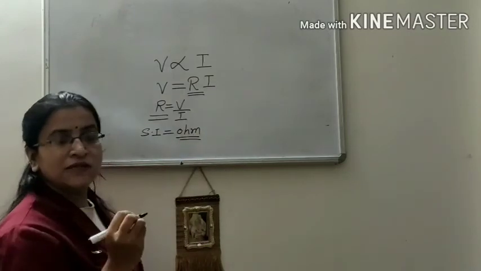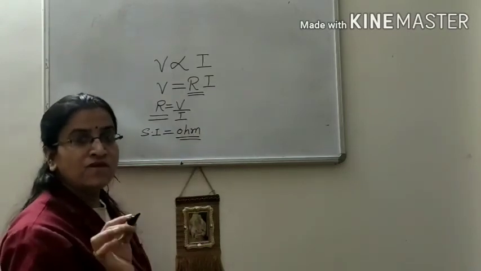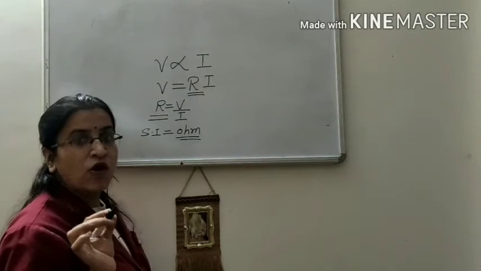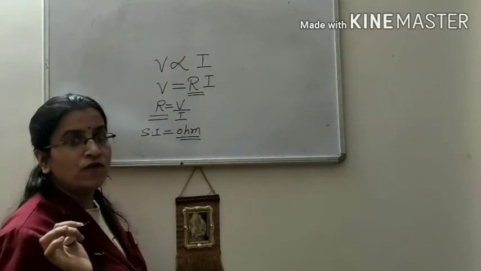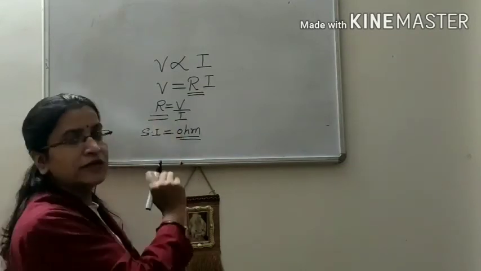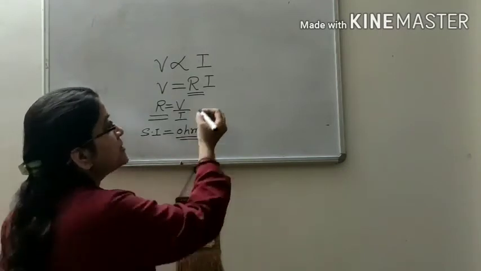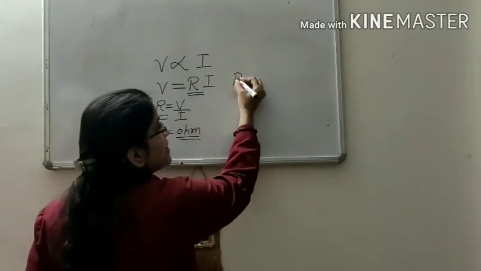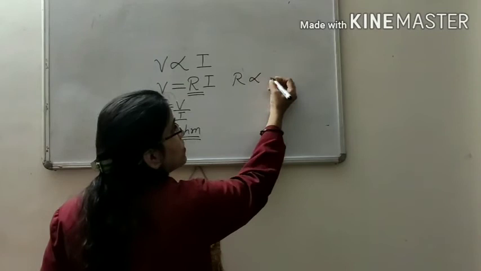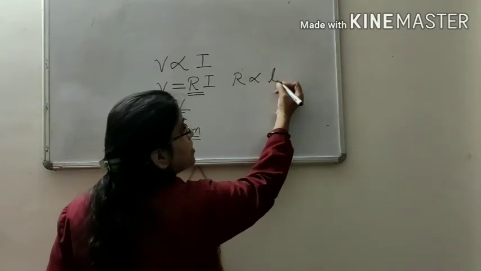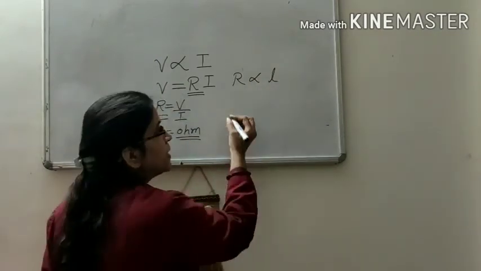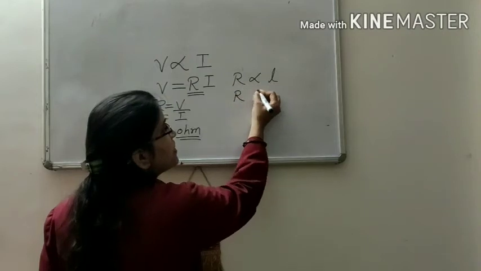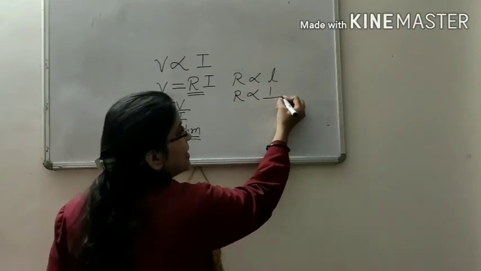So resistance is a term used to measure obstruction in flow of current. This resistance is directly proportional to the distance between two electrodes, and it is inversely proportional to the area of